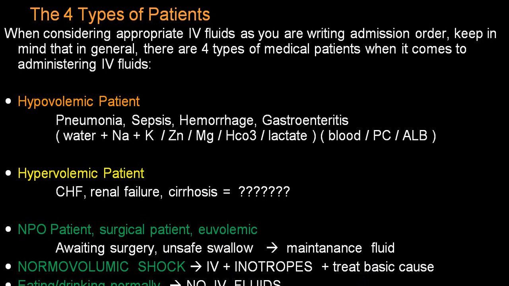And a fifth group of people, which we should remember, is the person who can take fluids very easily orally, they can drink normally, and they do not have any condition where they have to be nil by mouth. This person does not require IV fluids. You will have to treat any basic condition he is suffering from. Say a person who is normovolemic, can drink normally, and has got pneumonia, you don't require to give IV fluids. So that is the way we divide into four big groups.